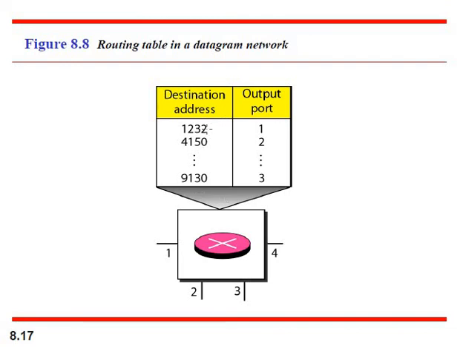Now in this example you can see the packet with destination address 1232 is coming, and it leaves from output port number 1. Similarly, address 4150 will leave from port 2. It is just like the bus stations we find. The bus numbers stop at their respective platforms in order to reach their destinations. Similarly, here also every output port is responsible for sending the packets to the appropriate destination address.